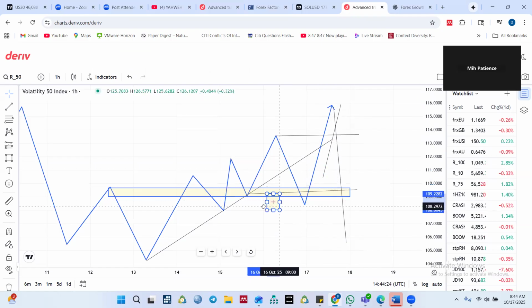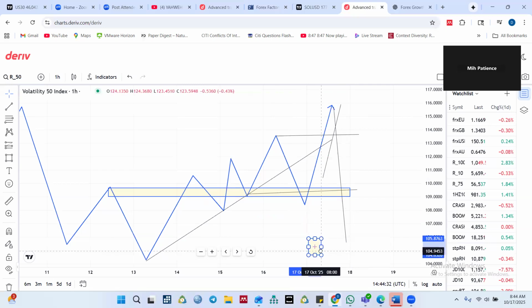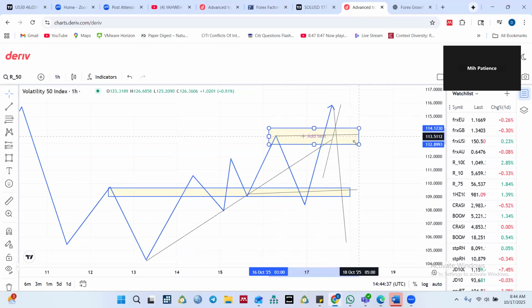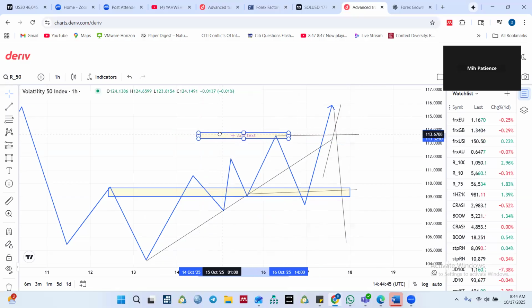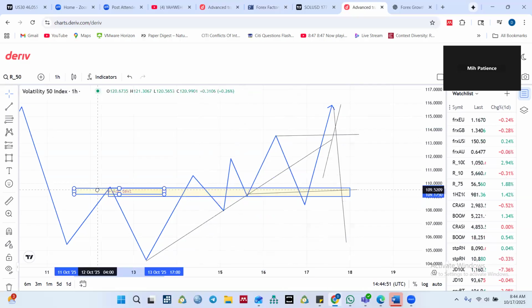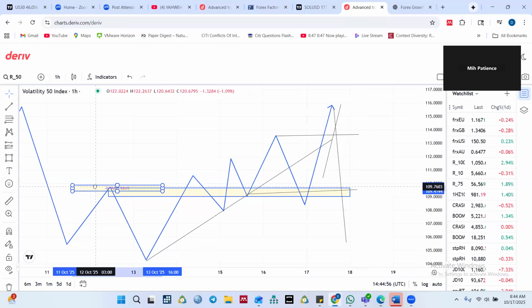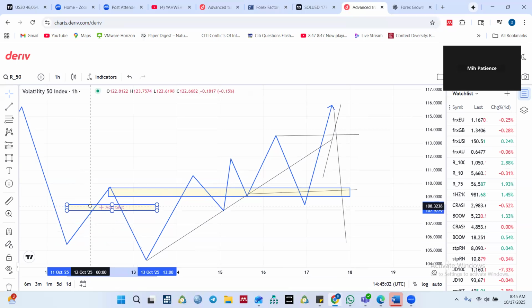In other words, the market is giving you an indication that I want to go low below this support, and at the same time giving you an indication that I want to go high above this resistance. So all the high points that you see, the external high points, you can refer to as resistance, and the lows, you can refer to as support. So sometimes support can be used as resistance,